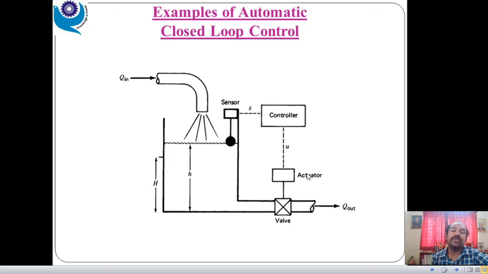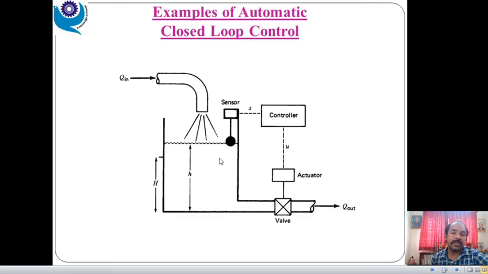Now there is no person as such. In the previous image there was a person to operate that, but over here there is no person as such. So similarly, when the level of the water increases to a specific, or you can say required, level, automatically that level is sensed by this sensor, isn't it? And that signal is given to the controller. Fine. So the controller will give the signal to the actuator to operate, right?